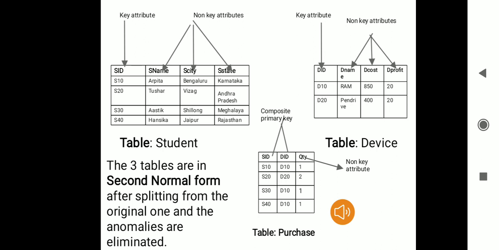Now look at the table purchase. This table holds the information about the number of devices purchased by each student, which in this case is the quantity. The quantity of device purchased by a particular student is represented by the column QTY in the table purchase. Now, we also need to find out the student and the particular device associated with the quantity. This is represented by SID and the DID columns, which together form a key attribute and uniquely identify every row